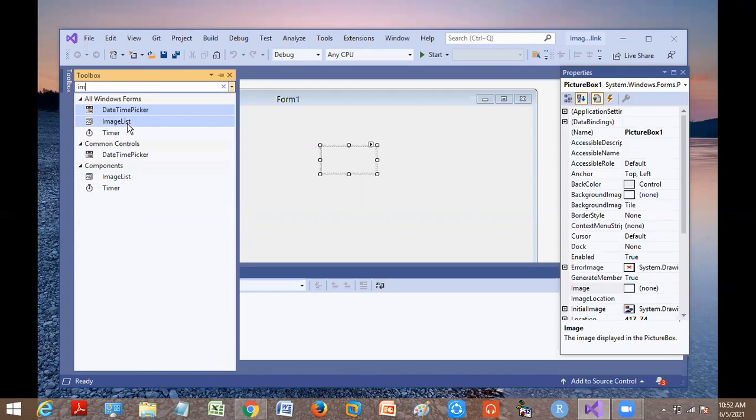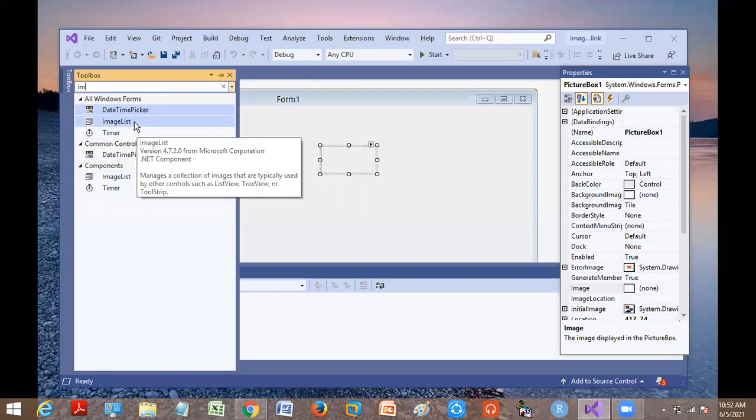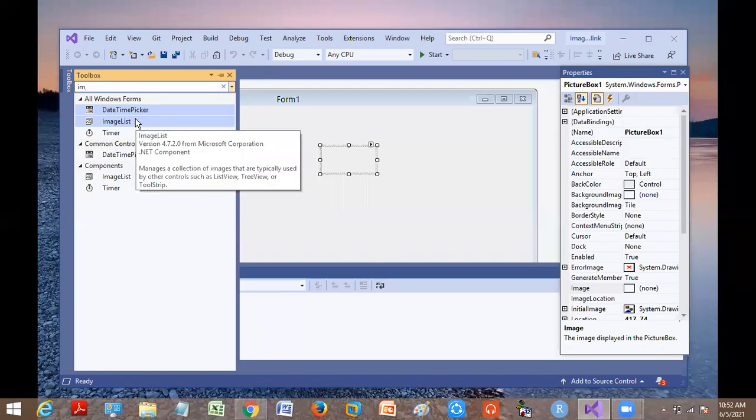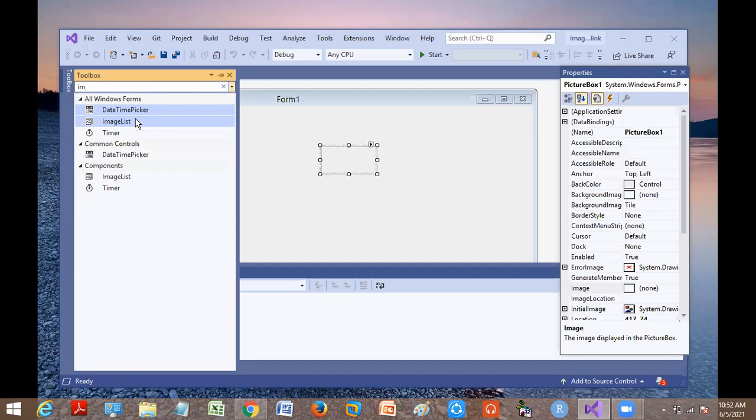Image list is also used to take images, but it manages a collection of images. You can have multiple images. Image list is used to manage multiple images. So for our requirement, picture box is fine, correct?